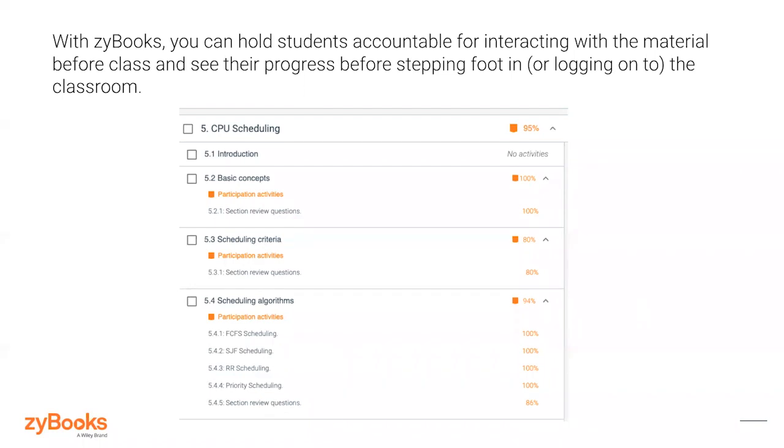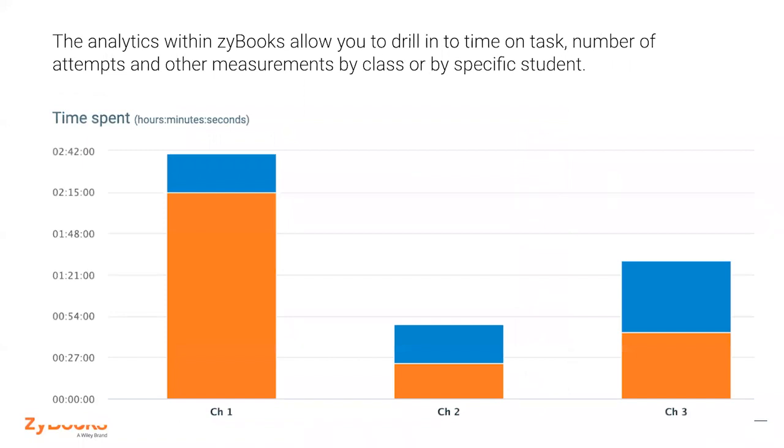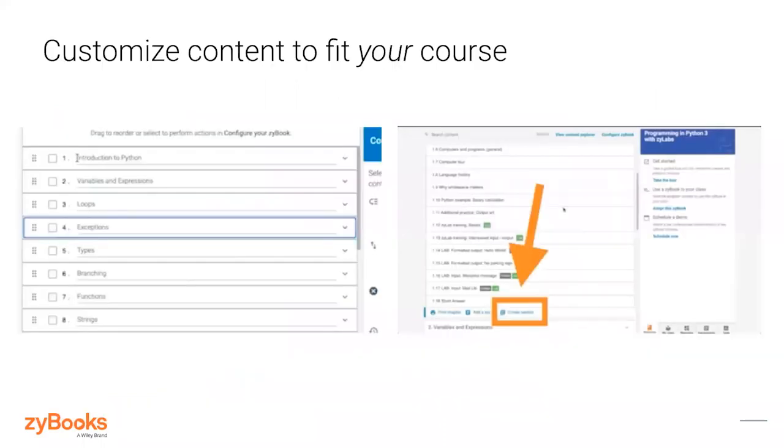So if you can imagine you're walking into your lecture or logging on and you're lecturing about CPU scheduling today. I know this is a different topic, but 95% of the students at least have looked at the content. That's a huge improvement over probably what was happening before. So you have tons of insight. We have an analytics feature that gives you even more insight into your students' behavior, either as a class or by individual students. So how much time they were spending, how many attempts they've been doing, tons more than you get from a traditional book or ebook.